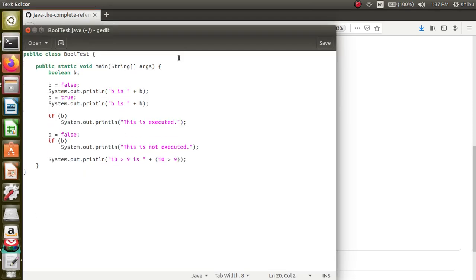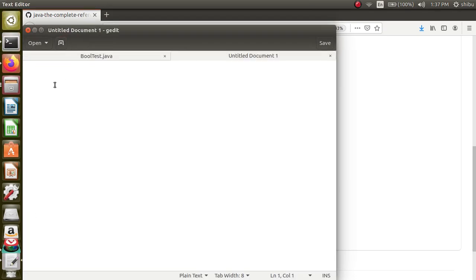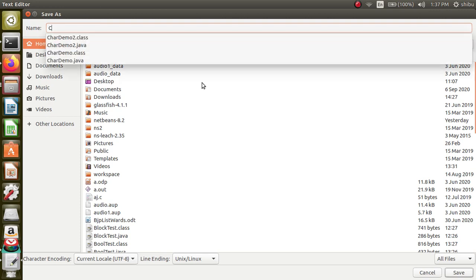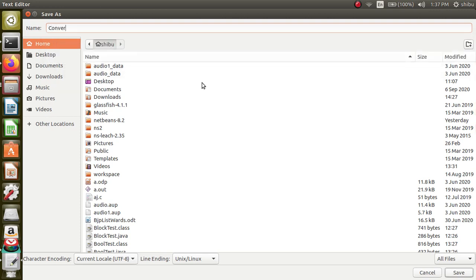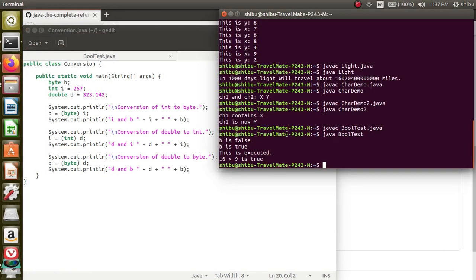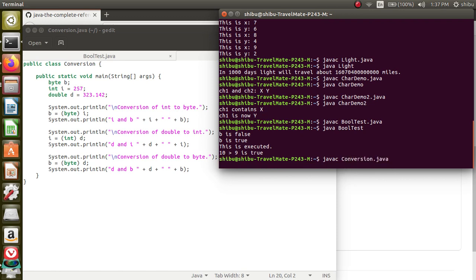So I am going to have a new Conversion.java. You have to save it as Conversion.java, okay, Conversion.java, that is the program name. And here javac Conversion.java. Once you have done this,